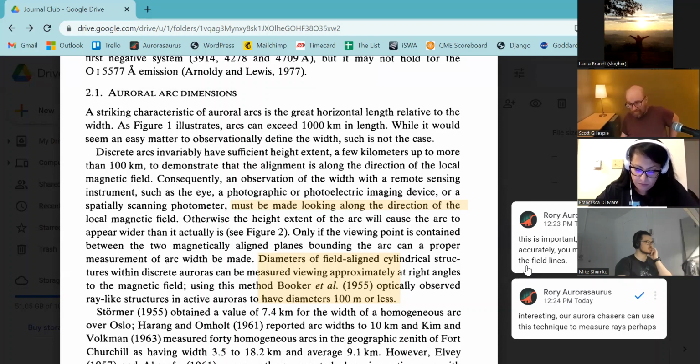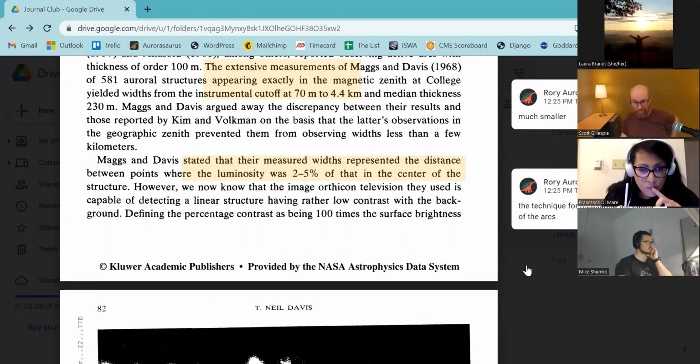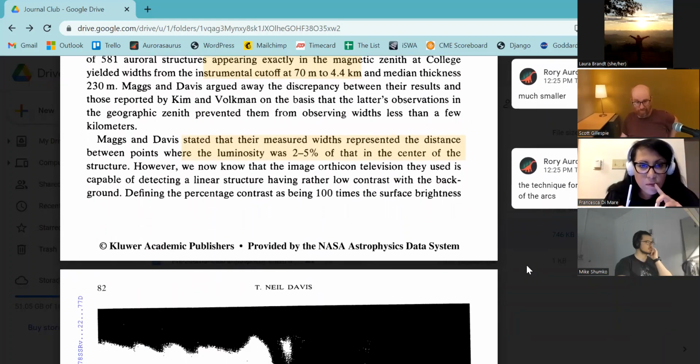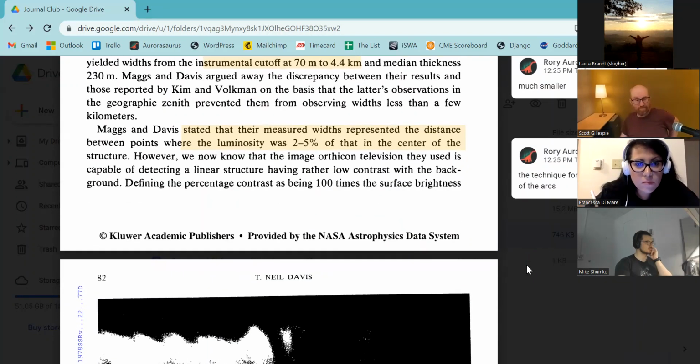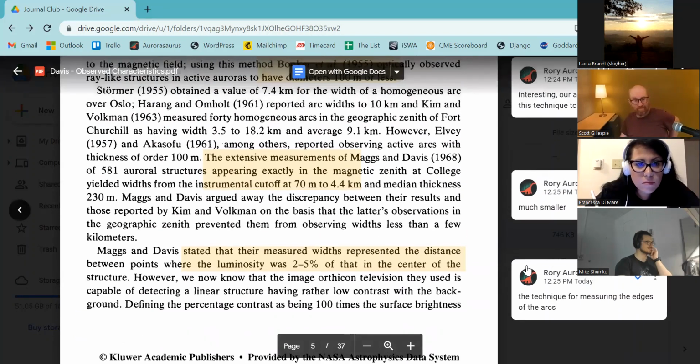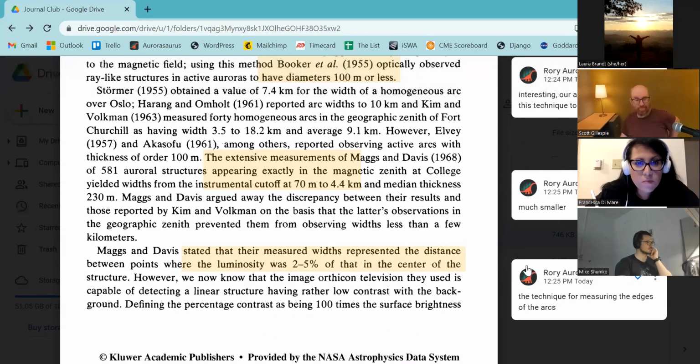There's a good paper by Knutson about auroral arc widths. And Laura, if you scroll down a bit, right here. Okay, stop. This paragraph is important. If we can see this whole paragraph, they're talking about 7 kilometers down to 70 meters. So you can see a factor of 10 smaller width of that auroral arc,